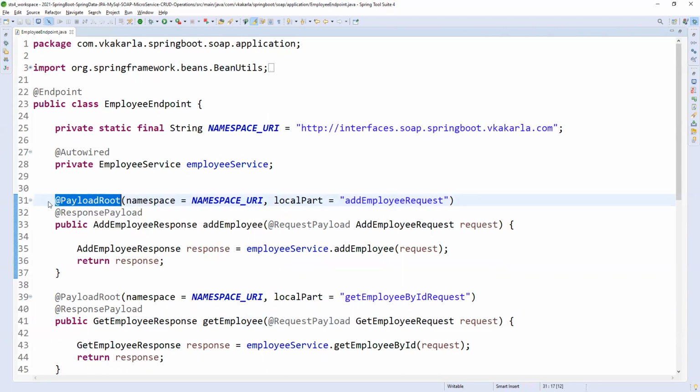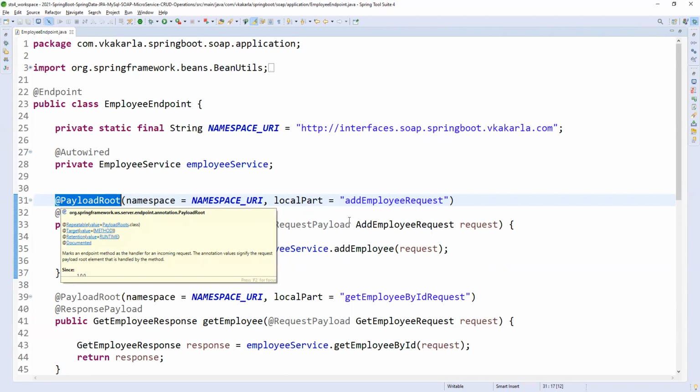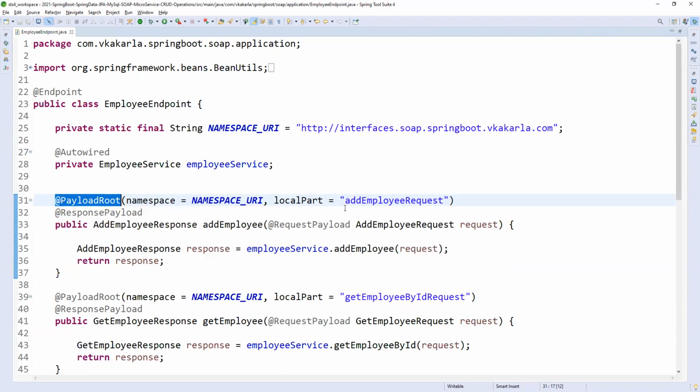payload root annotation is nothing but it works as a request mapping. So how we give a request mapping in our RESTful services, the same way we need to give it like this. So add employee request is the URI, or a part of the URI of this method.